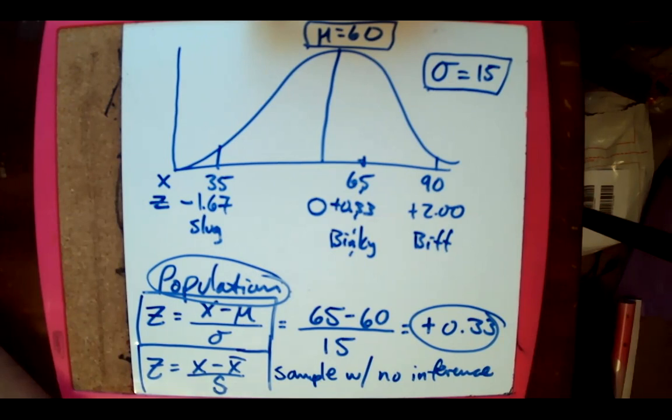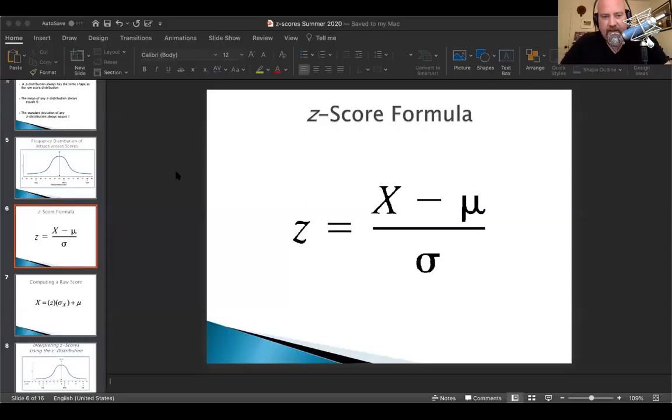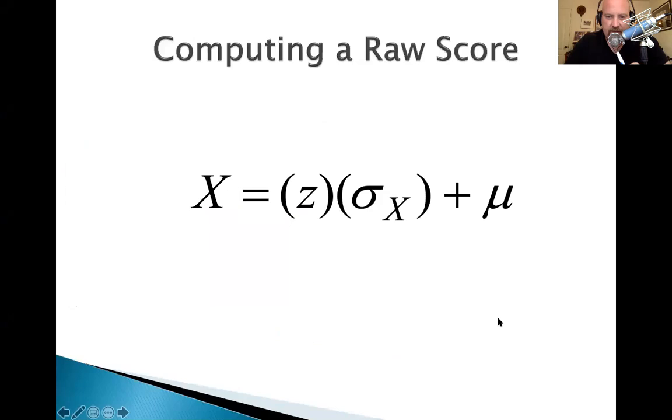Okay, now let's look at our next formula, because if we can find a z-score from an X value, we can reverse that process with this formula here. So this formula is if you have a z-score, but you want to know its original X value, right? Okay, so